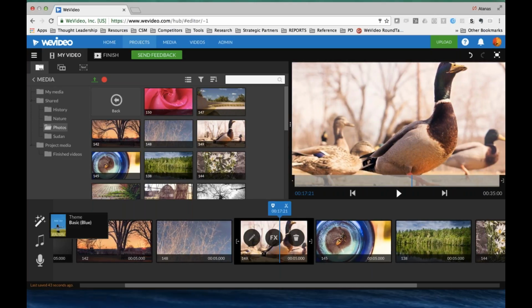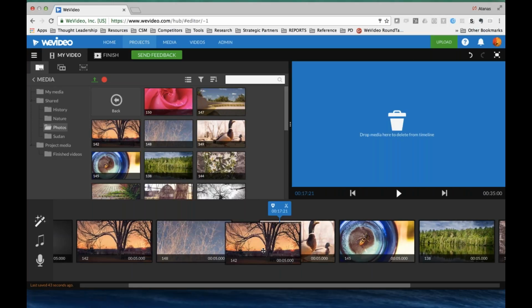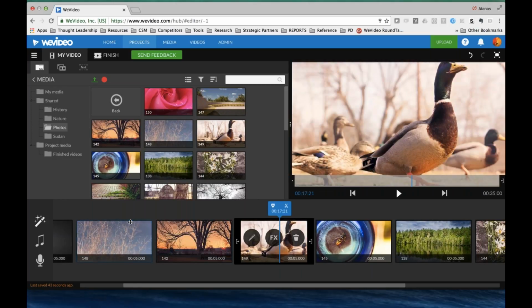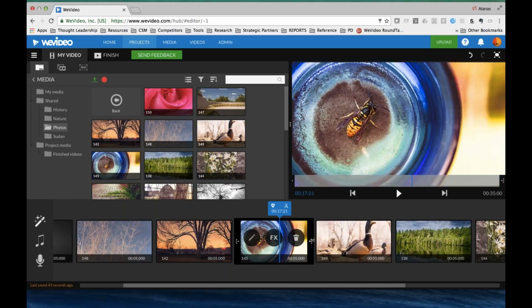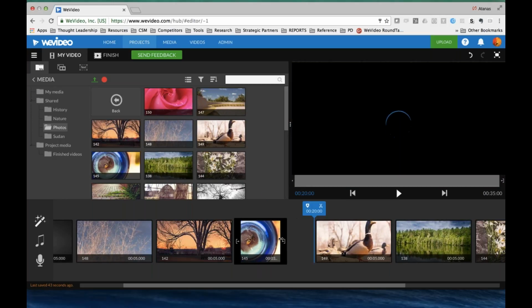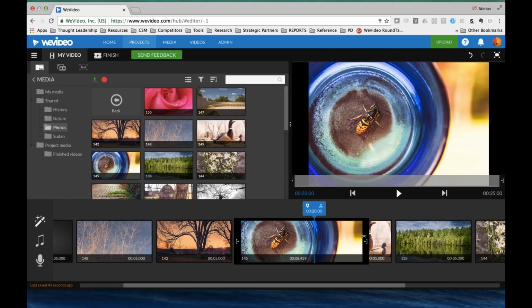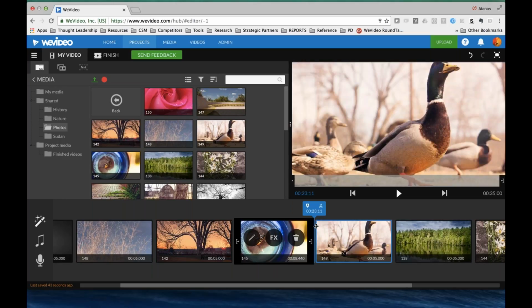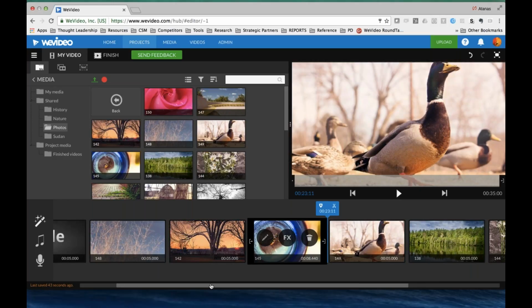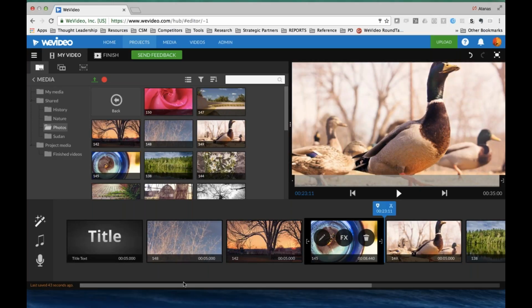In storyboard mode, the focus is on the narrative sequence, like which slide or which clip follows which other clip. So I can rearrange things, but notice that even if I shorten a certain photo or extend it to, let's say, 7 or 8 seconds, when I release it, it still takes up the same amount of space on the screen, because we're not really focusing on duration, we're focusing on sequence. Which is, by the way, a great way to start your story, because it gives you that discipline of thinking about your narrative structure.